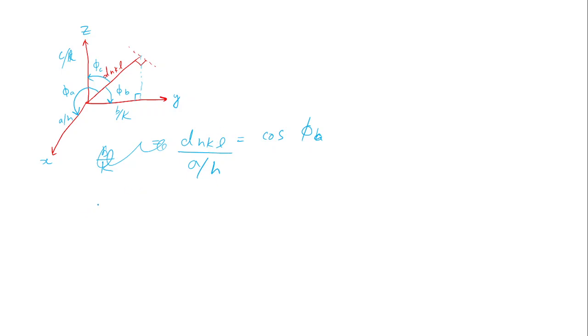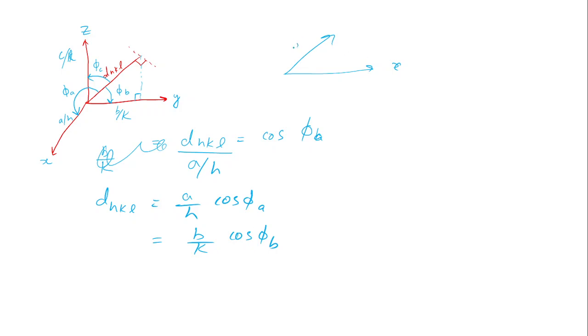And similarly we had got that d_hkl was equal to a by h cos phi A, equal to b by k cos phi B, because right now I have made it like this, and next you can make it x